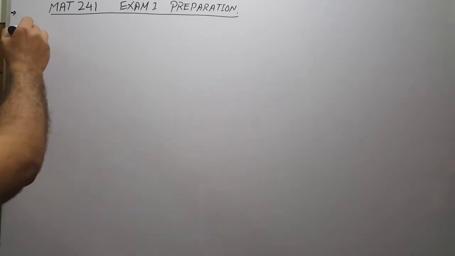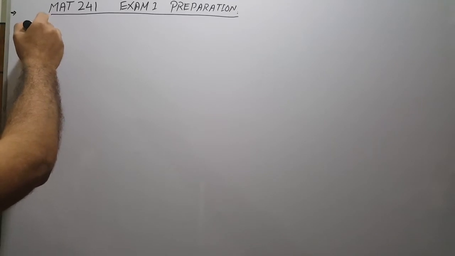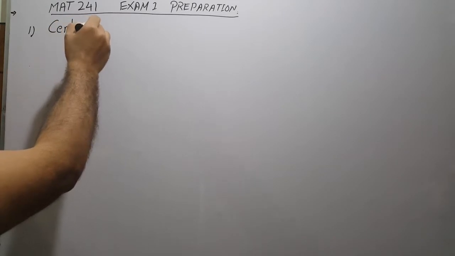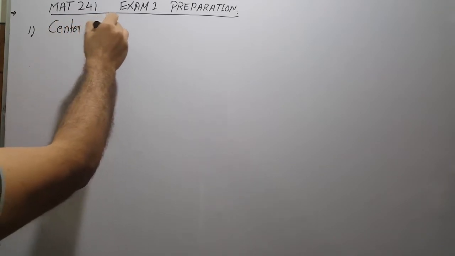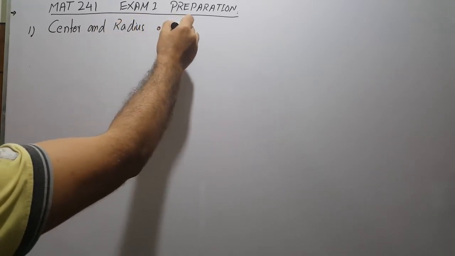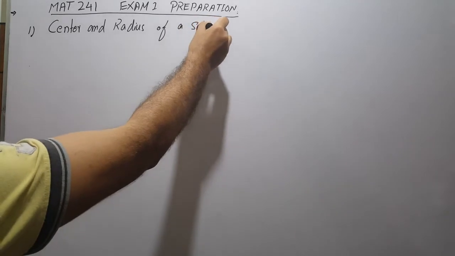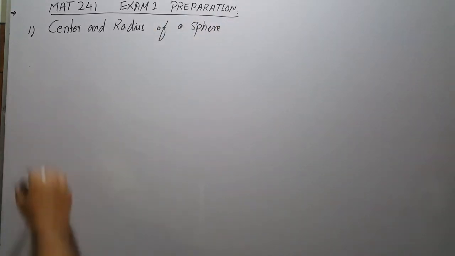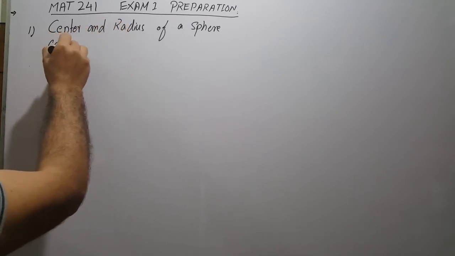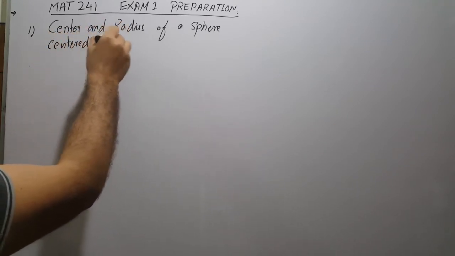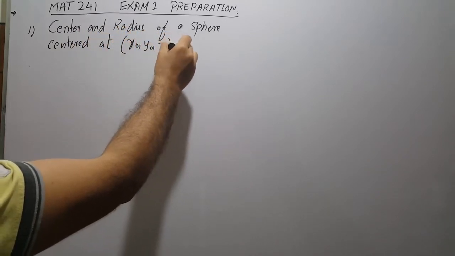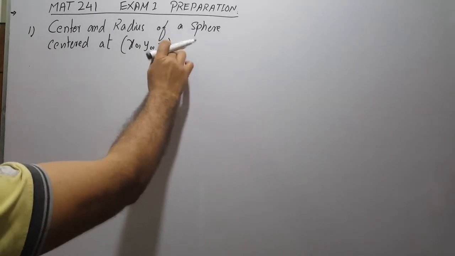The first type would be: find out the center and radius of a sphere centered at some given point with radius